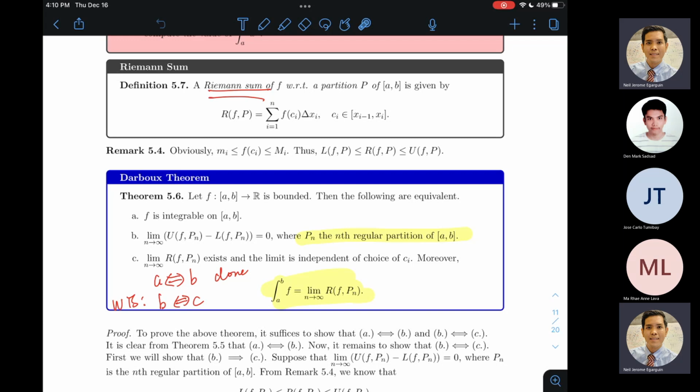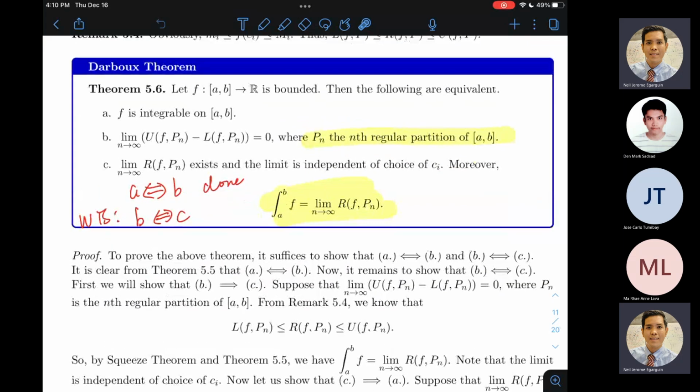All right. But nevertheless, whether you choose the maxima, the minima, or an arbitrary function value over the respective subintervals, Darboux's theorem, Theorem 5.6 for us, tells us that if the function is integrable, then the Riemann integral will be equal to the limit of the Riemann sum as the number of elements of the partition inducer increases without bounds. So the limit of the Riemann sum, as the elements of the partition inducer P increase, is equal to the Riemann integral. And consequently, since f is integrable over the interval AB, the integral is also equal to the supremum of the lower Riemann sums and equal to the infimum of the upper Riemann sums. So basically, we can conclude